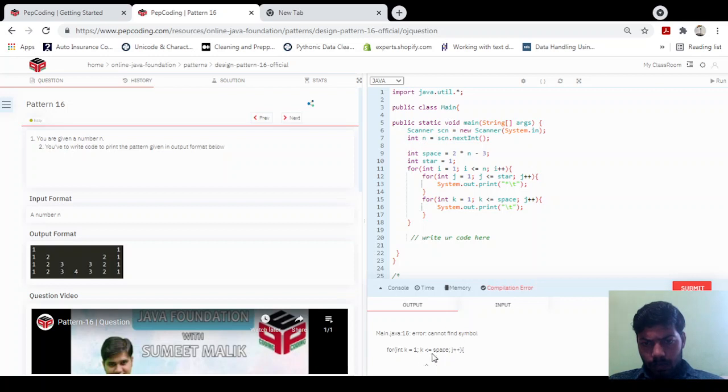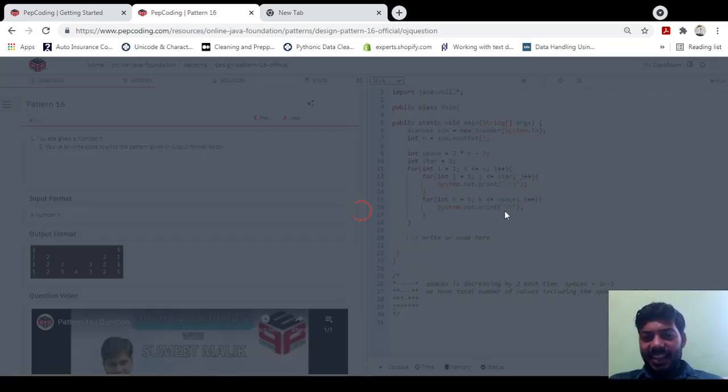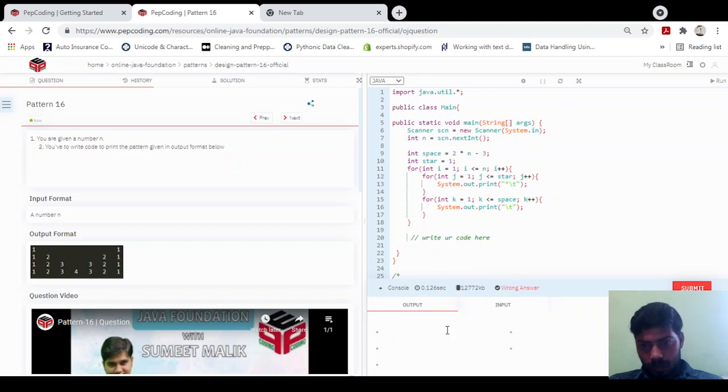So the error says cannot find symbol k. Okay, j plus plus, this should be k plus plus. These are silly mistakes we should avoid. Okay, so I'm getting this pattern where one star is there, one star is there, one star is there. Okay, so